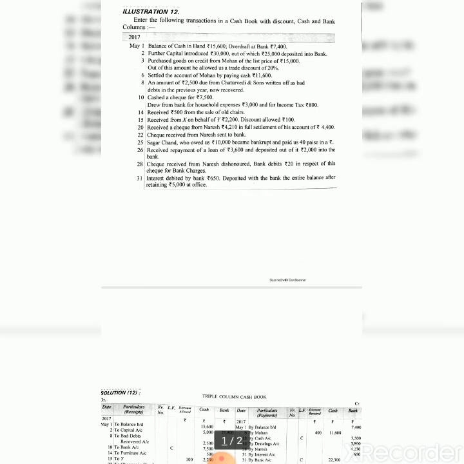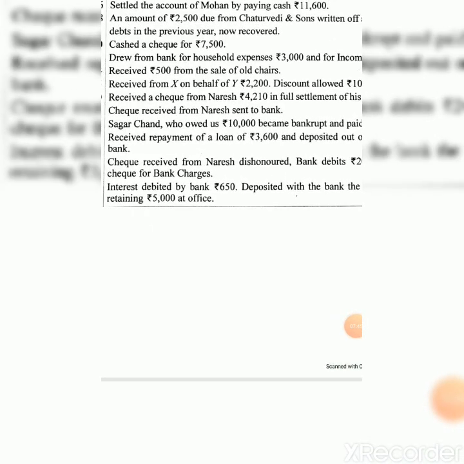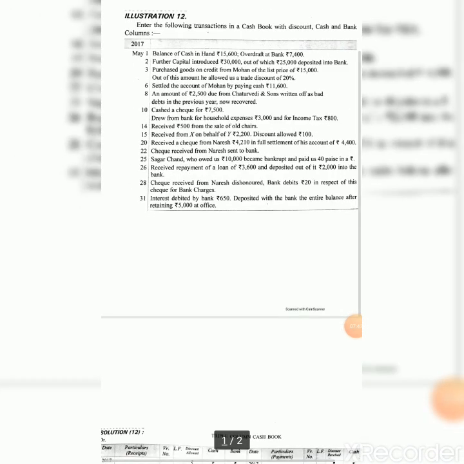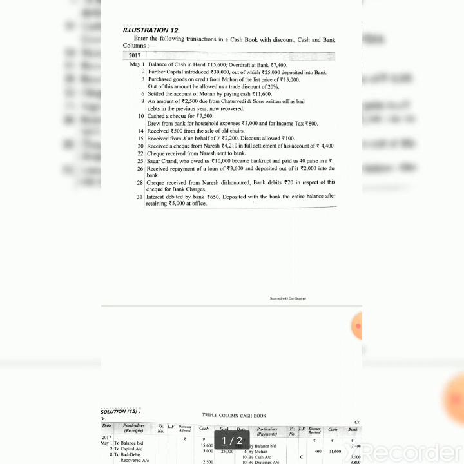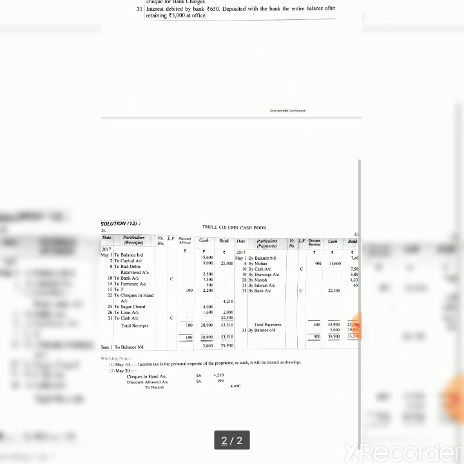But that was not deposited to the bank. So last time I told you that we are assuming that since many were having problem in cash book itself, so I assumed in that sum that checks are deposited on the same day. Now see, that is one treatment which you will have to learn. That is, whenever check is received and not sent to the bank, then we will pass another journal entry of that. That is called checks in hand. With checks in hand we will do. So let's see what is the treatment of that.